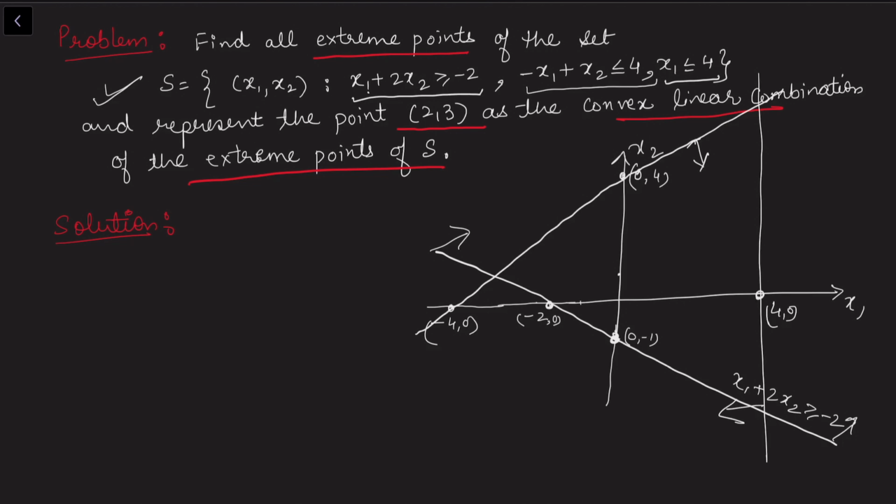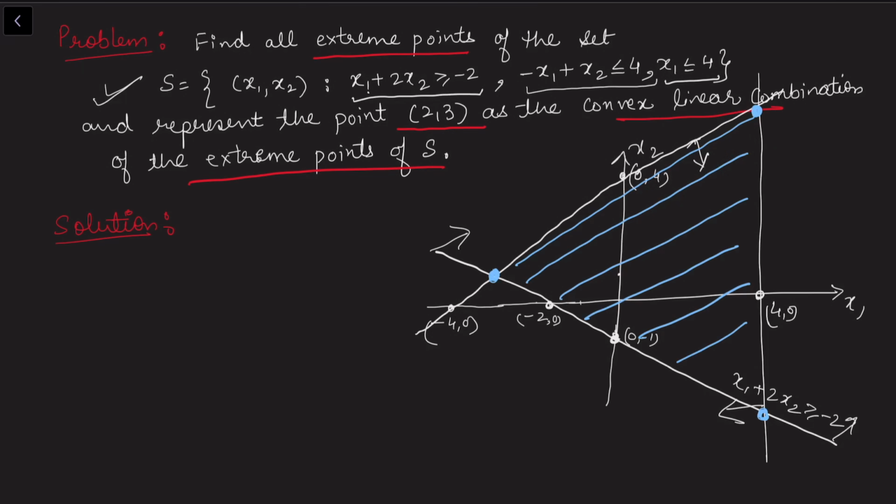Now you can see that the common region between these is this triangle, that is the common region. And from the intersection of these lines we can find the corner points. The first point here we get as (4, 8). This point is (4, -3), and this is (-10/3, 2/3). Simply by taking the intersection of these two lines, I get this point, and from the intersection of the first and third I get this point.